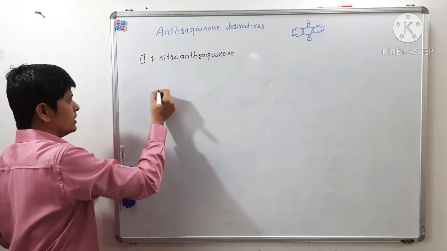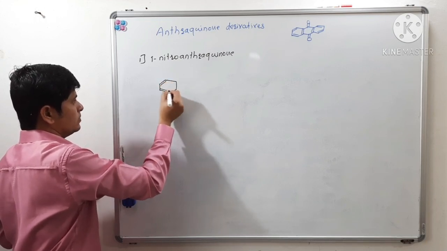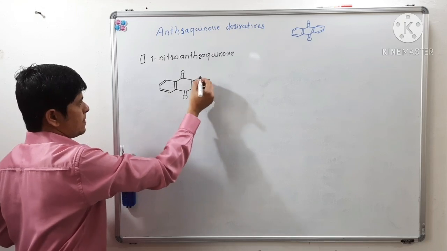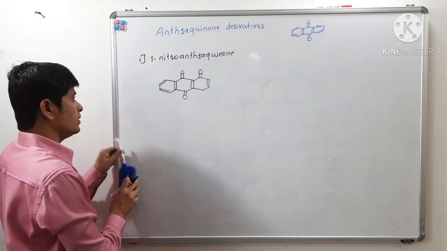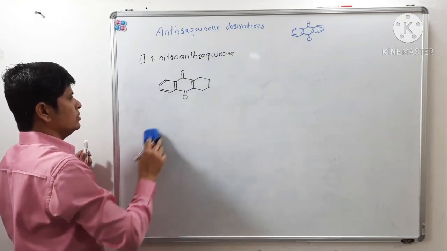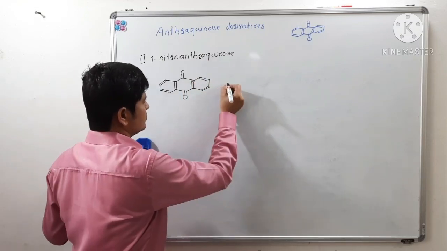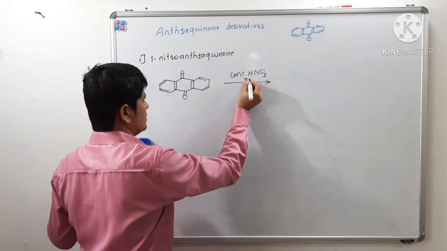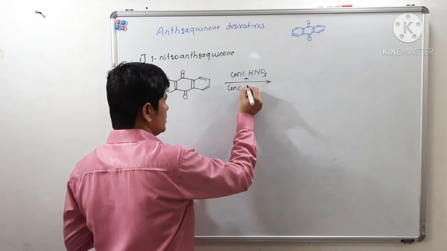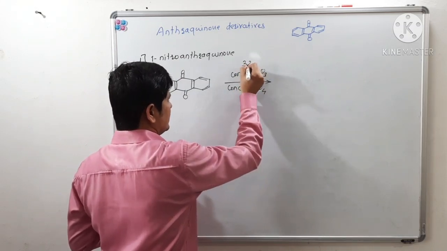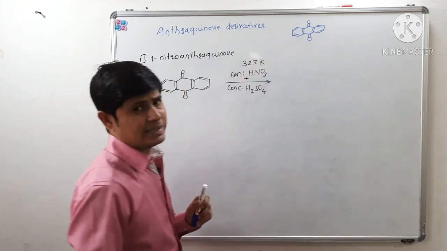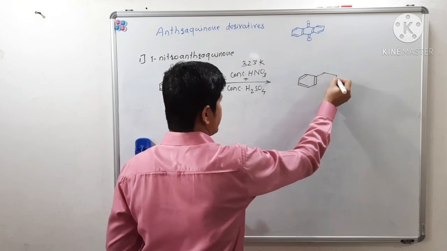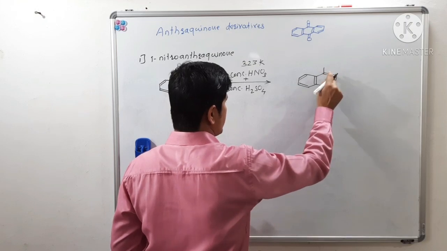For the synthesis of 1-nitroanthraquinone, we have to take anthraquinone, and this anthraquinone is reacted with concentrated nitric acid plus concentrated sulfuric acid at 323 degree Kelvin, which gives